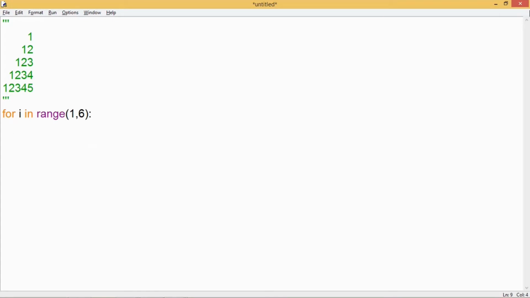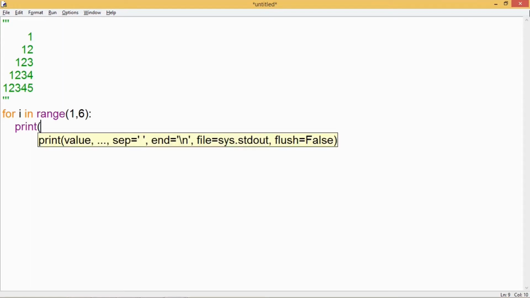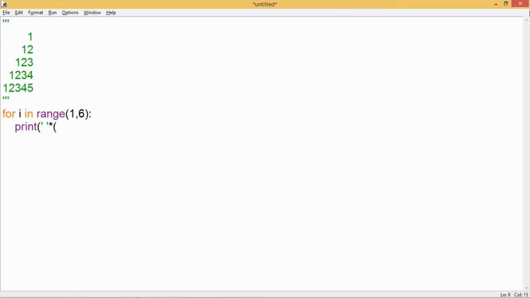Before writing the j loop for the digits, I'll write a print function here which will print these spaces. So for this, I have written single quotes with a space in between, and I'm going to take the help of the multiplication operator of Python, which can be used with strings and integers, and I'm going to multiply this space character with some number.